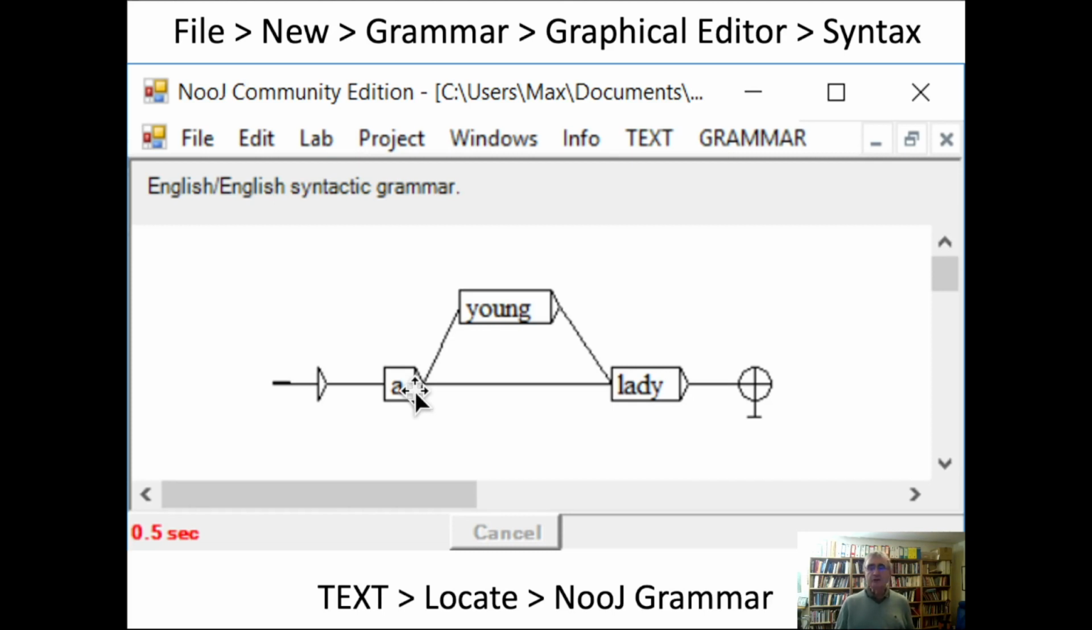So what is the connection between this graph and a grammar? Basically, this graph is going to recognize all the sequences that can be spelled by a path that starts at the initial node and can reach the terminal node. So for example, this graph recognizes the sequence a young lady, because I can reach the terminal node. It also recognizes